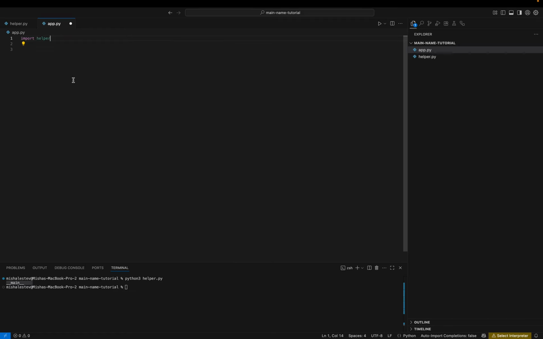helper, into this app.py file and say python3 app.py, as you can see I get helper instead, because now it knows that it was imported and it is not executed directly from the helper.py file, but rather from the file that imported our helper. And so